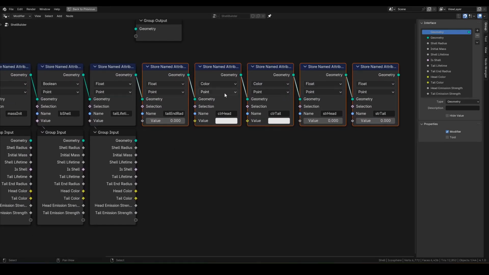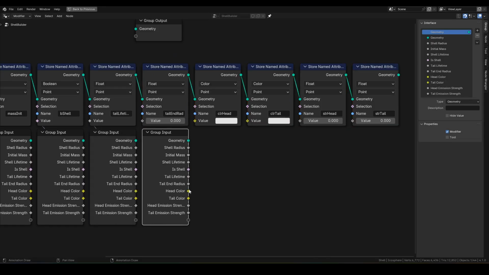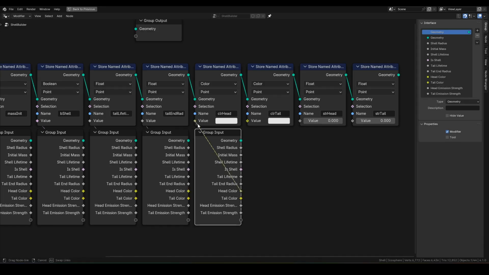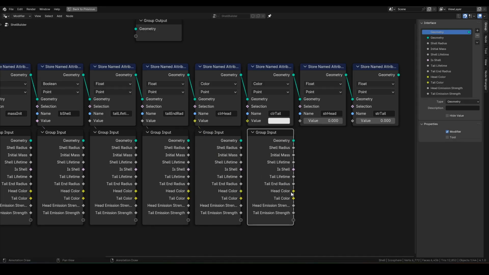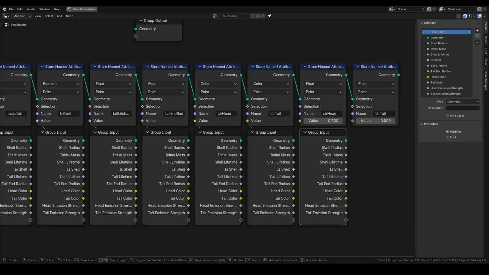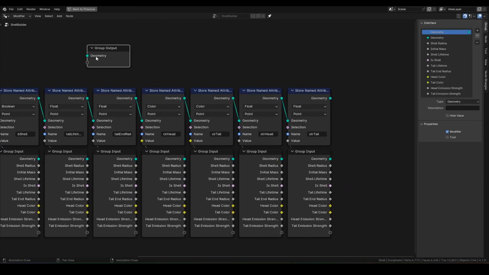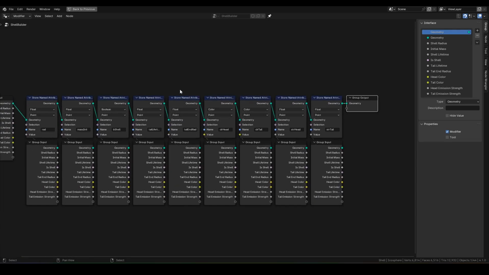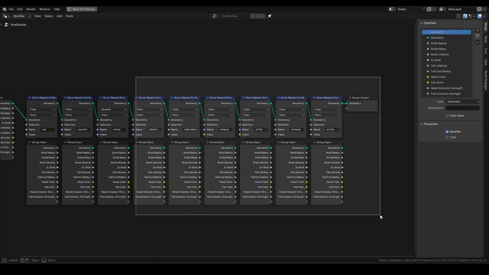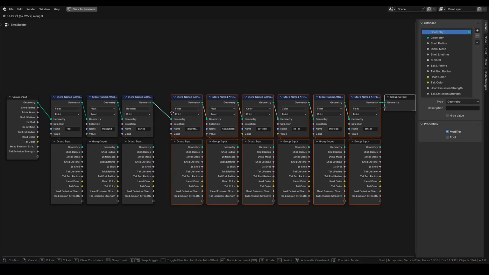Rest of them connects to tail end radius, head color, tail color, head emission strength, tail emission strength. Then connect group output to the end. We should end up with 9 store name attributes, but we'll add one more to make it 10.